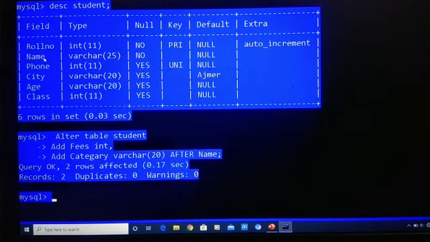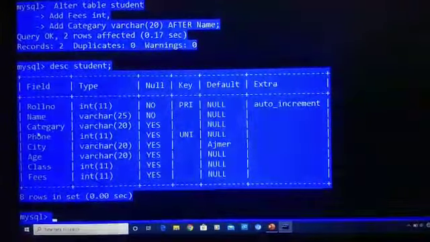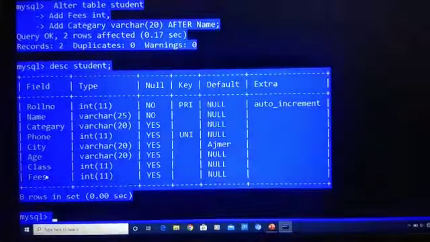Then we will check. To check again, we will display its data structure. We will write desc student. Now you can see here we added two fields, category and fees.